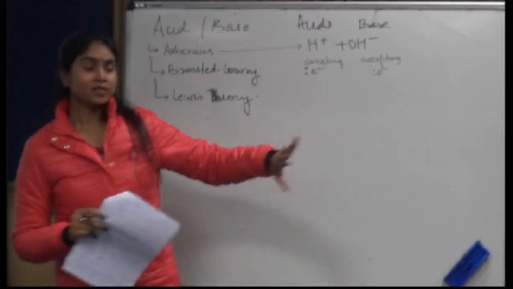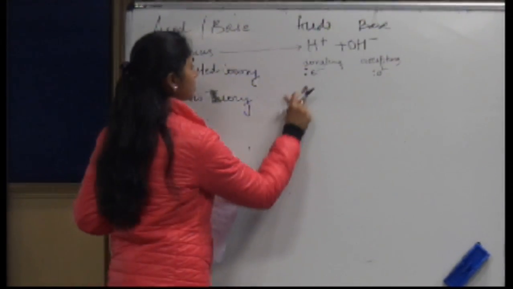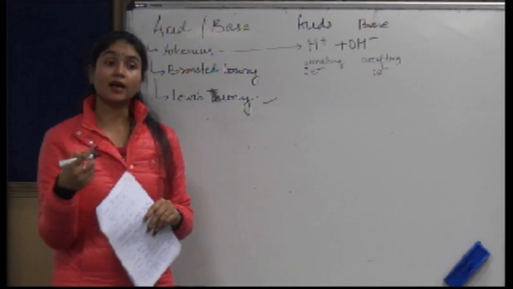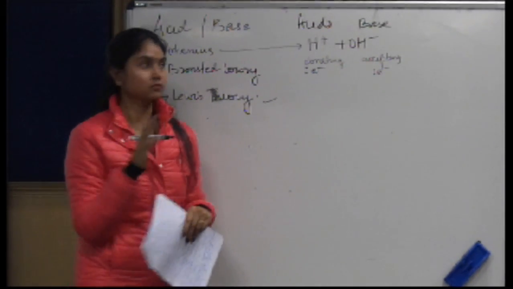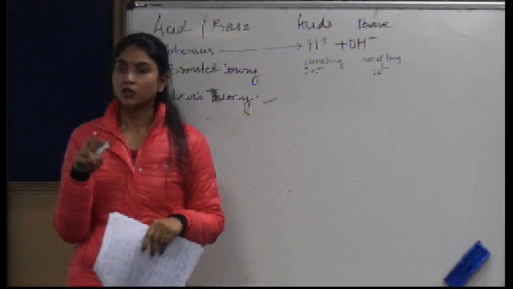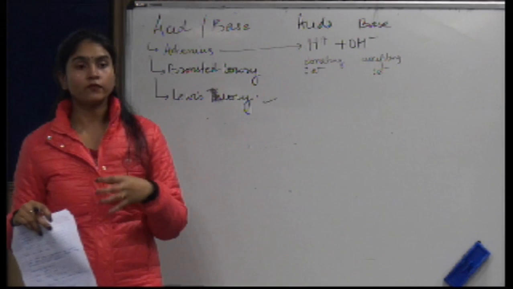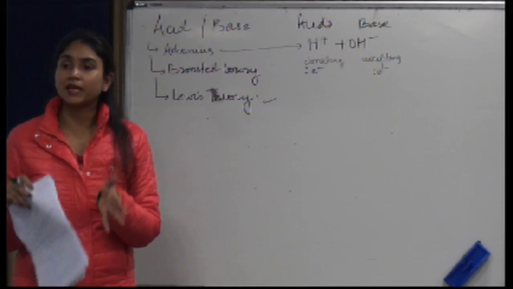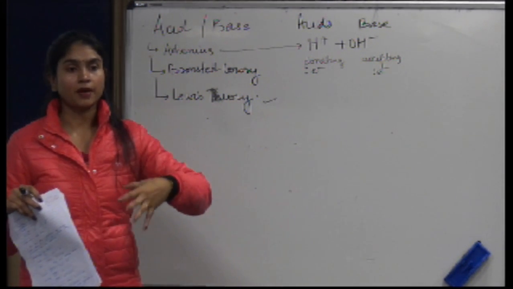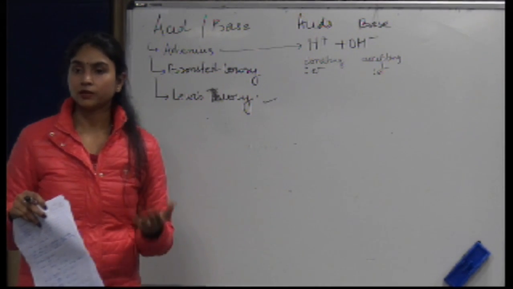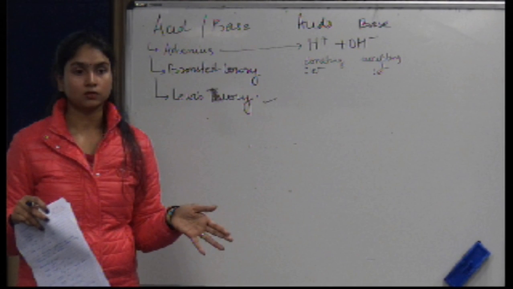So basically, Lewis said that something which is donating electrons will act as an acid. But the condition here is that whatever is accepting, that metal should have an empty space, it should have some place where that excess electron can come and occupy it. If that space is not there, then it cannot act as an acid or base. Second is that the bond which is getting formed is known as a dative bond or a coordinate bond. Acid and base reactions are generally